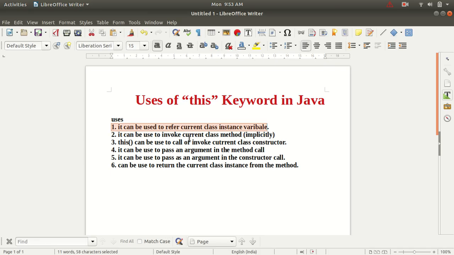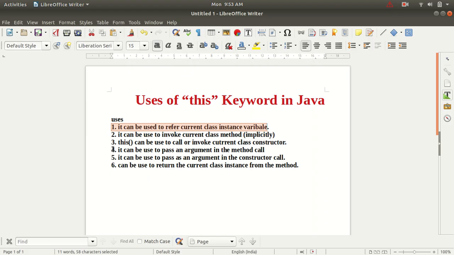The third use is to call or invoke a current class constructor, with the help of the this keyword.